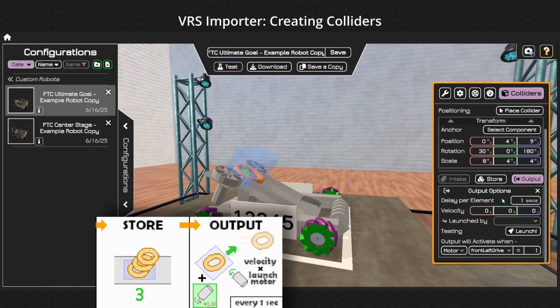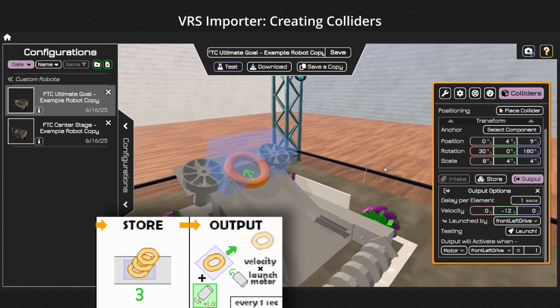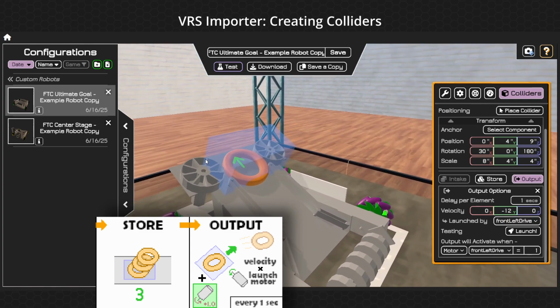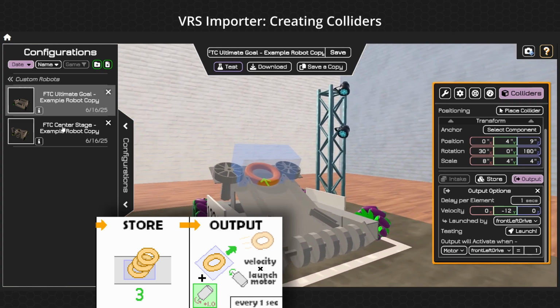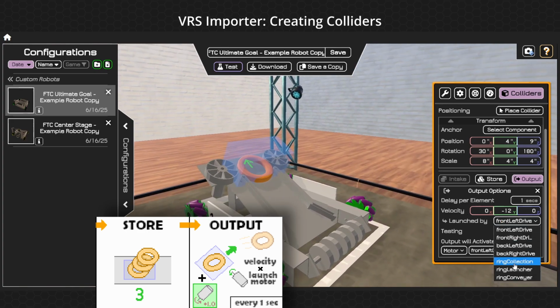The output also can have a delay. So even if the motor is powered at 1 for a long time, it'll only go in 1-second intervals each time that it tries to launch the rings. So the velocity, we will actually have a velocity here, and it looks like it'll be a negative velocity. That's probably too much, but this should be based off of pretty much the maximum velocity that these motors would be able to do, which I haven't calculated, but I can check with the original default robot,